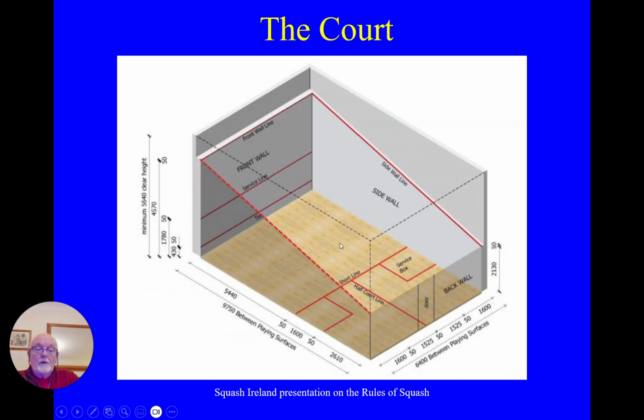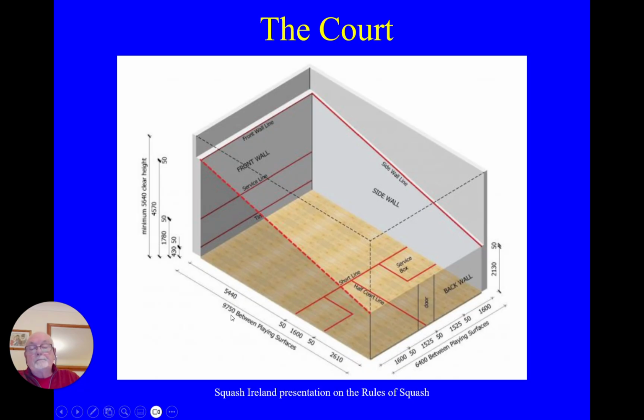So we'll have a look at rules 1 to 7, and before we do that we look at some of the important terms relating to the court. Here we have a side view of an aerial view of a court with the front wall and side wall lines, or the out of court lines, or the outlines as we may call them. And we have the dimensions of the court being given here from wall to wall. The width of the court 6.4 meters,